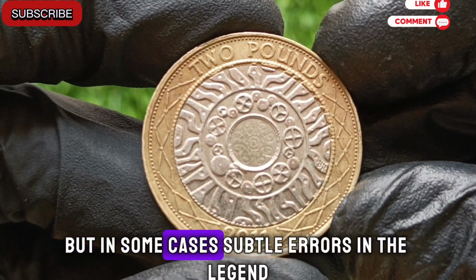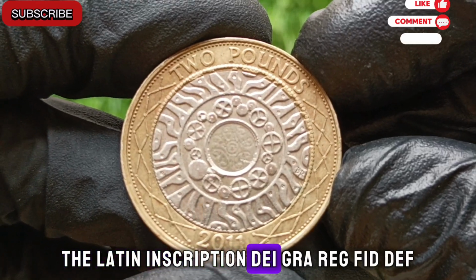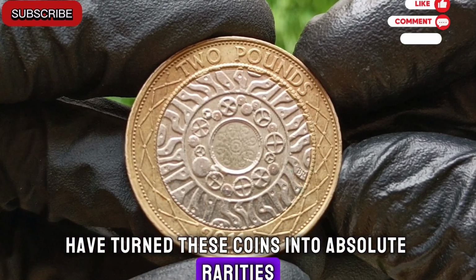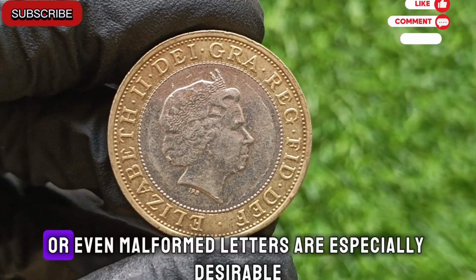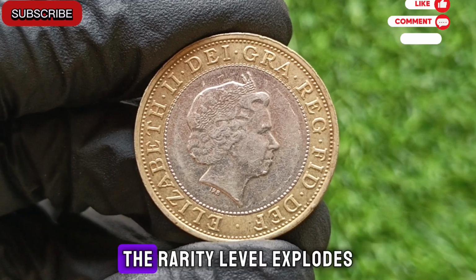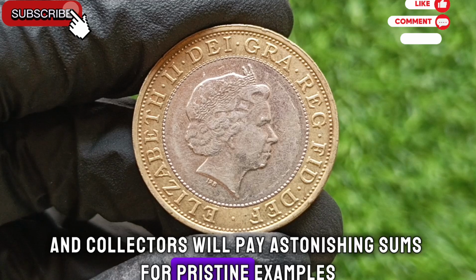But in some cases, subtle errors in the legend, the Latin inscription Dei gra reg fid def, and anomalies in the outer lettering have turned these coins into absolute rarities. Coins missing correct spacing, with partial inscriptions, or even malformed letters, are especially desirable. When these deviations combine with the 2011 strike, the rarity level explodes, and collectors will pay astonishing sums for pristine